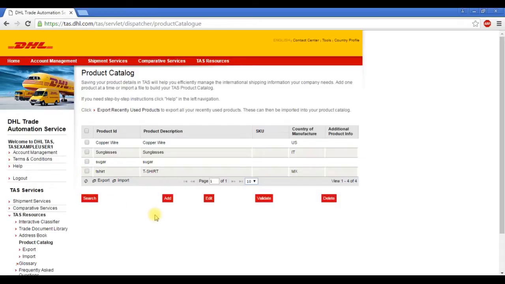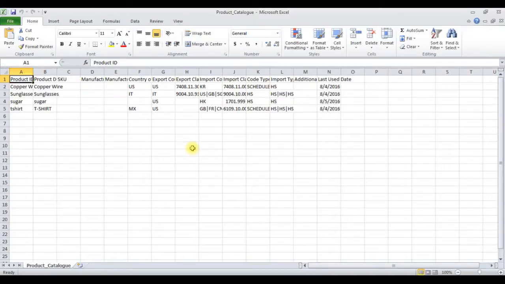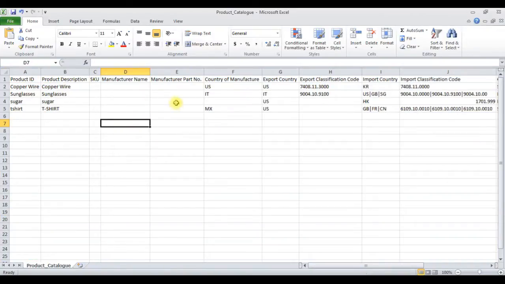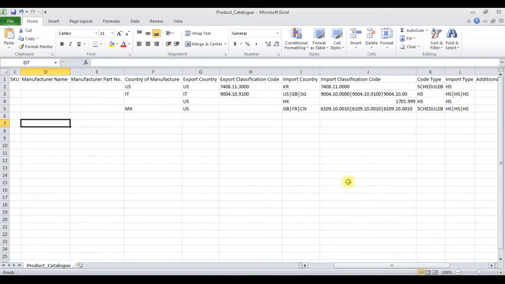Once you have everything built, you can always export it if needed. Just check the ones in question, or you can check the all box and click export. You can open up the export and you can see all the information in one list. You can also use this export to build a list that you can then import. One thing to take note of is if you do have multiple countries and classification codes, it is a pipe delimited format,